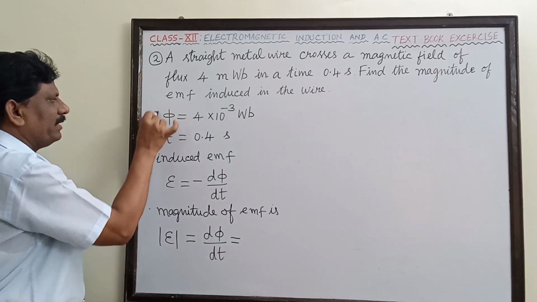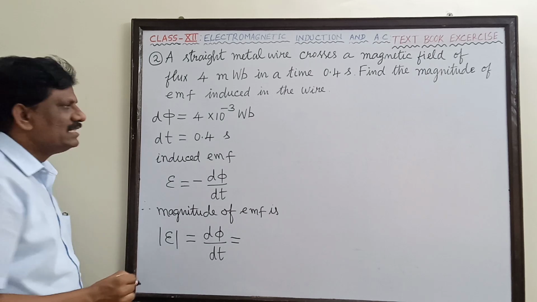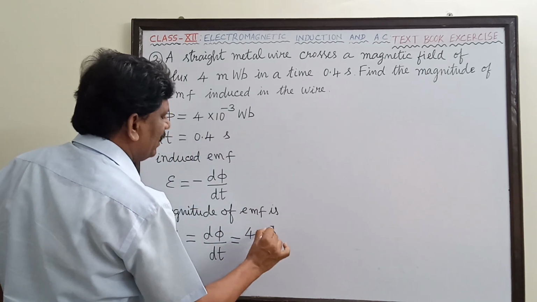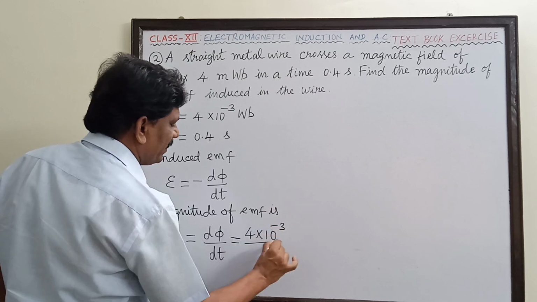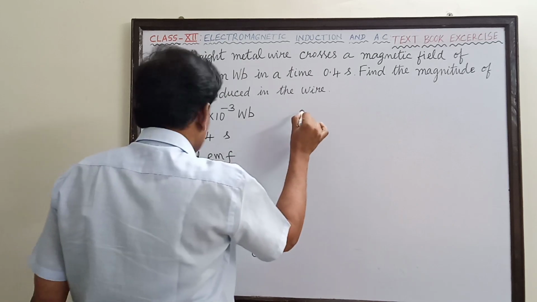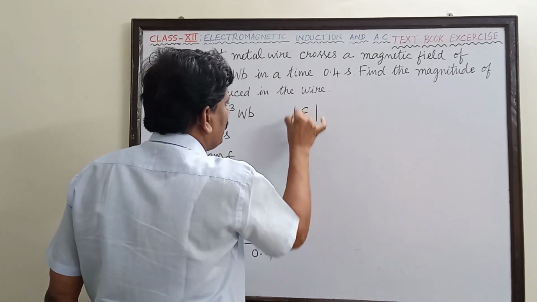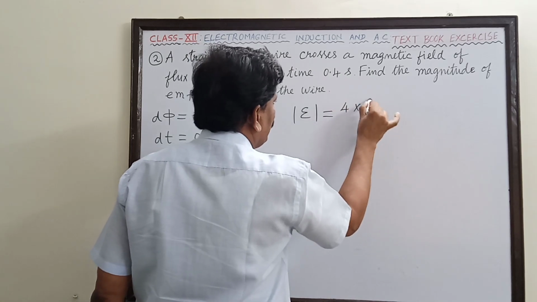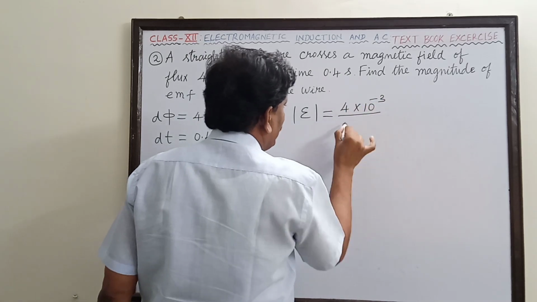So this also can be taken as d phi and dt. So 4 into 10 to the power of minus 3 divided by 0.4. So magnitude of the EMF is equal to 4 into 10 to the power of minus 3 divided by